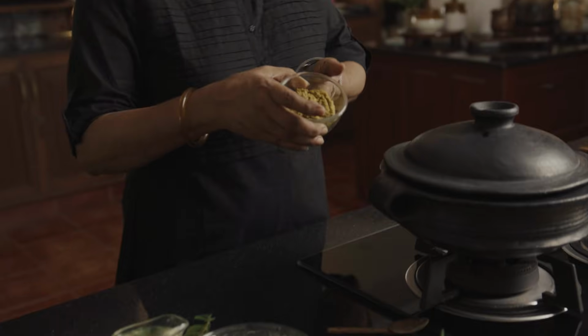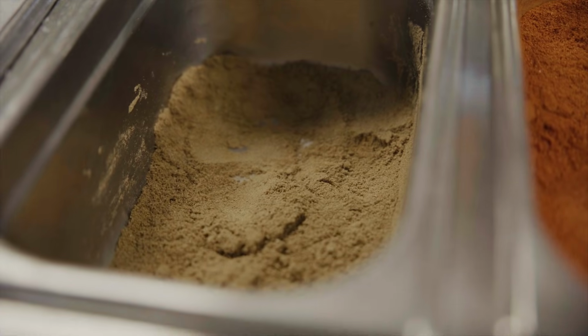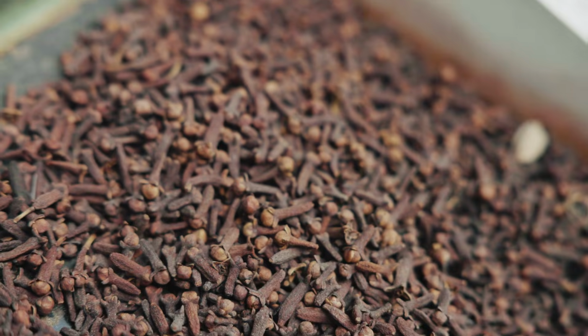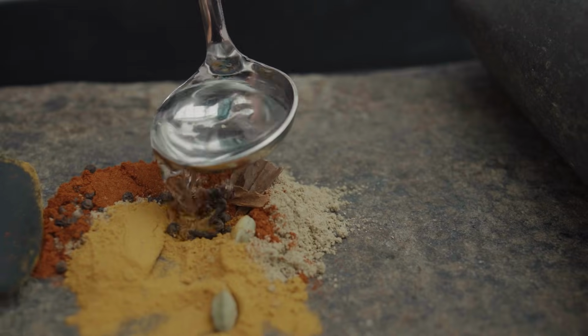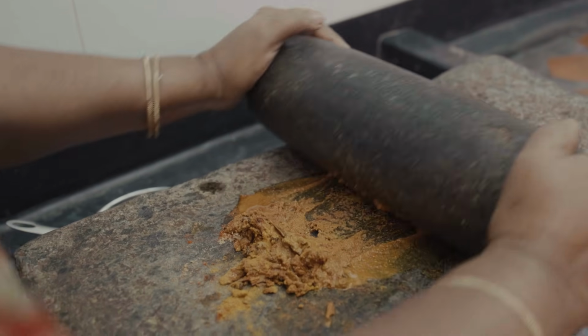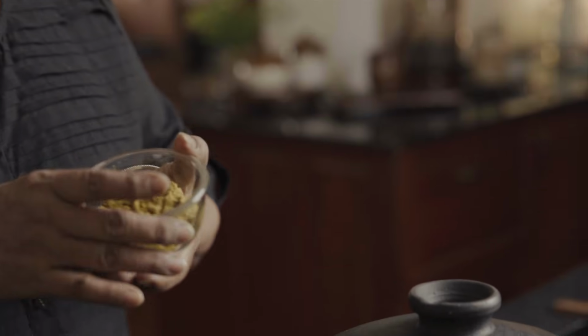And then we have the beautiful blend of spices here. So we have the coriander powder, the chili powder, the turmeric, the black pepper, cinnamon, cloves. The yellow comes from the beautiful turmeric here. There's always a confusion, what is a curry paste and what is a curry powder. So here the curry paste is the blend of the powder along with the water, and the dry form is